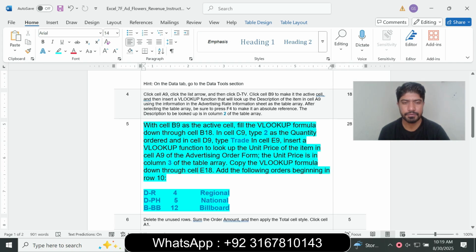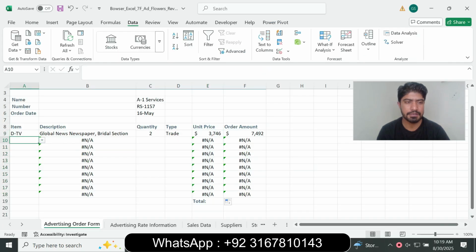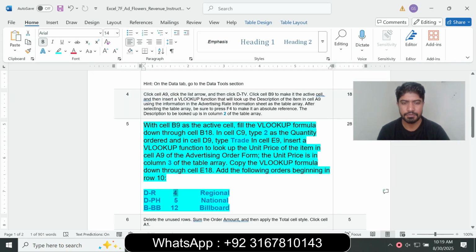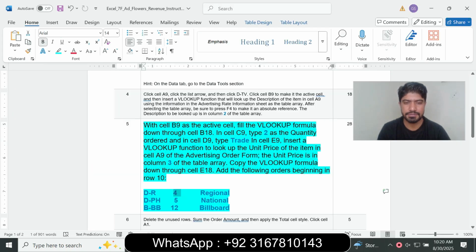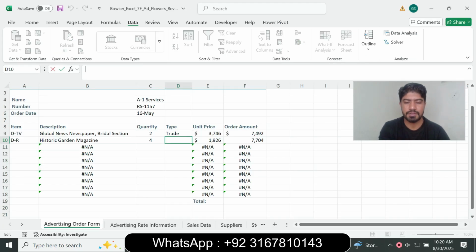and next is add the following order beginning in row 10. So beginning order in row 10 and select the DR, select the DR and next is 4, quantity is 4 and press the tab button and next is regional, next is regional and press enter